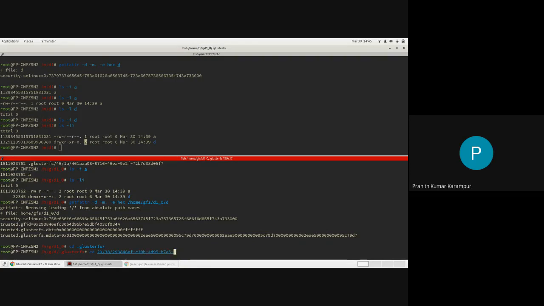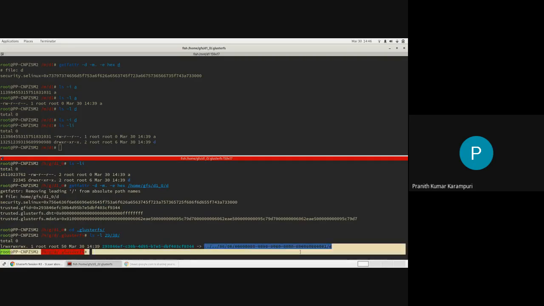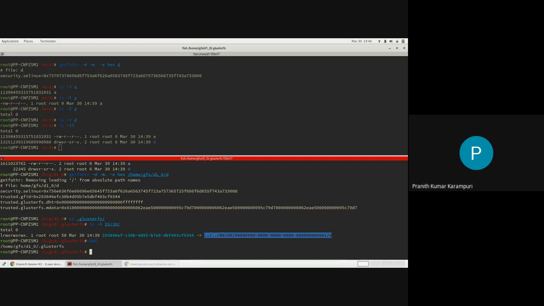2938, we can look at it like this. So you see that there is a soft link to this directory, and this path is relative to this directory. Okay, so let's try to understand this part. Dot dot slash dot dot slash. So we are going into, oh sorry, where are we?